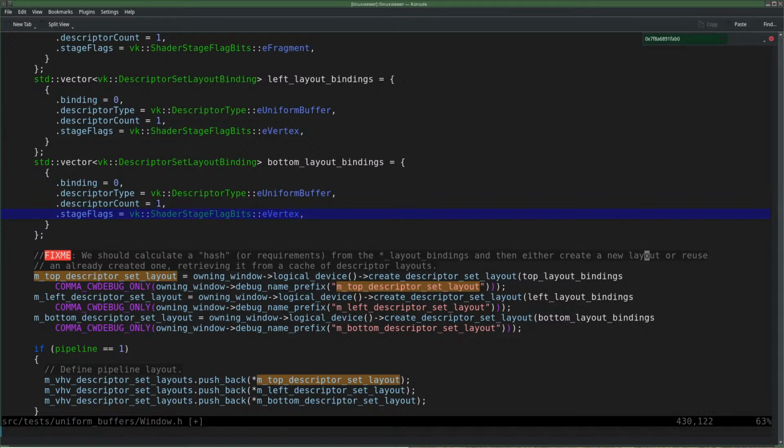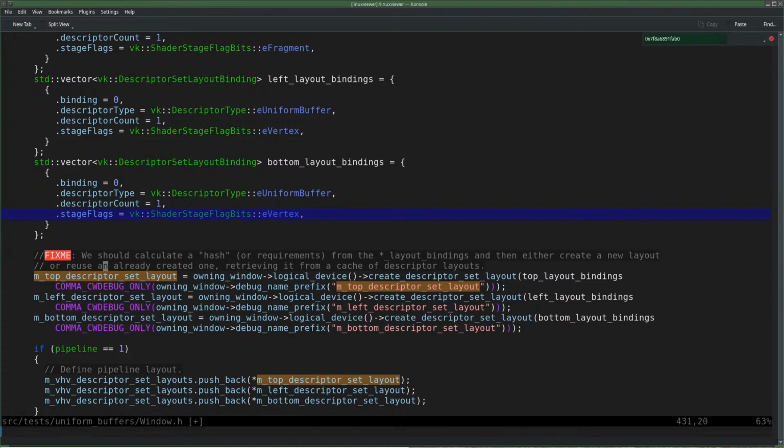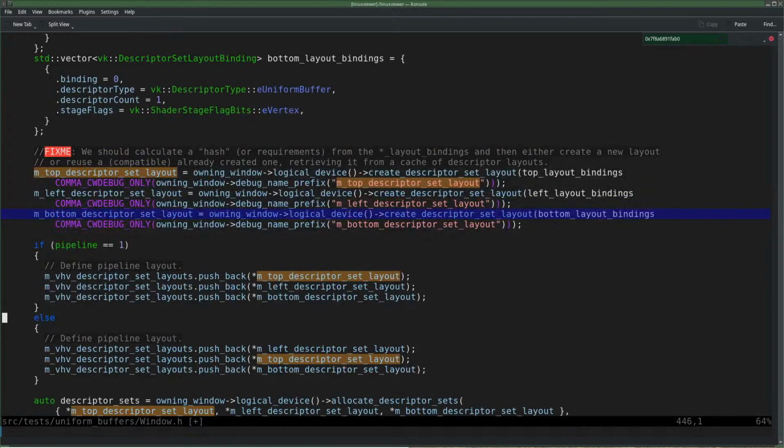And then either create a new layout or reuse a compatible, in terms of requirements, already created one, retrieving it from a cache of descriptor layouts, right? And this fix me then applies to this creation, and therefore also to